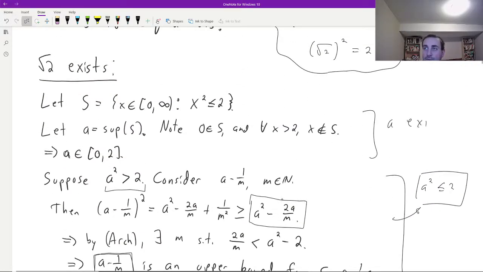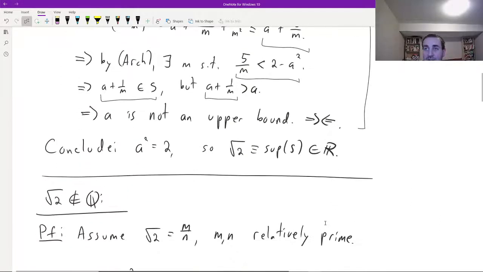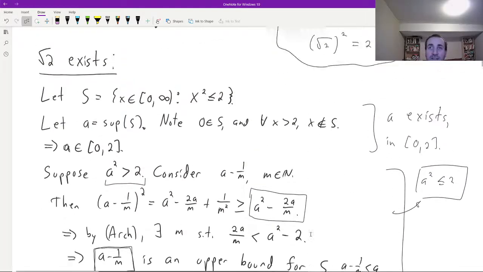So what do we have? A exists, and it's a real number. It's somewhere between 0 and 2. A squared is less than or equal to 2. A squared is bigger than or equal to 2. And so if A squared is less than or equal to 2 and A squared is bigger than or equal to 2, then it had better be equal to 2, and so the square root of 2, which is the supremum of S, is sitting inside of the reals. So that's a little bit of a messy argument, but actually the same argument is going to